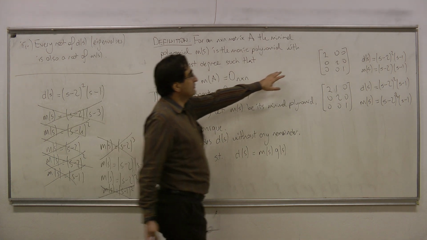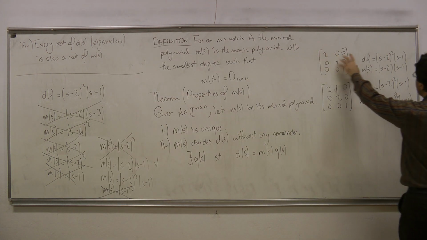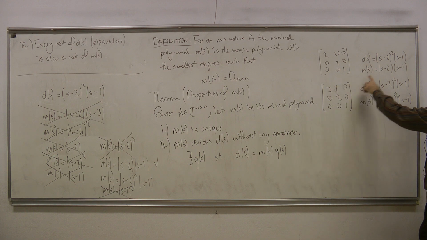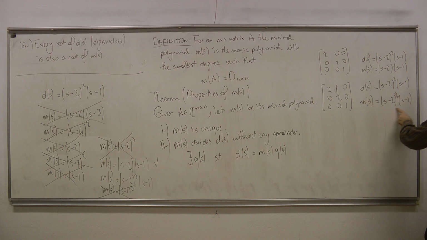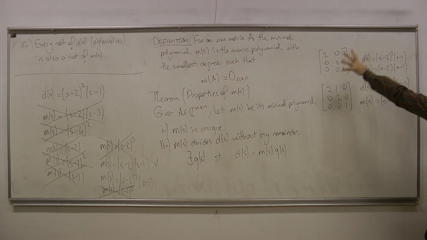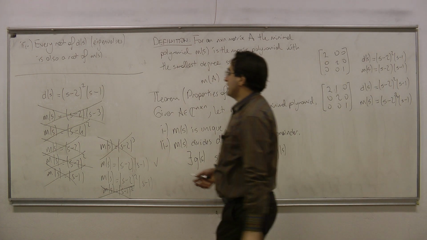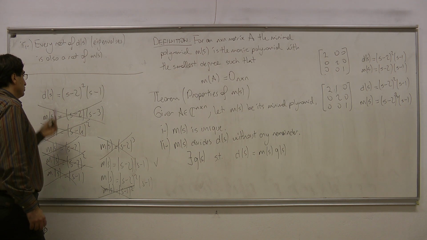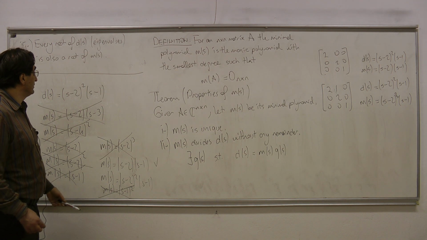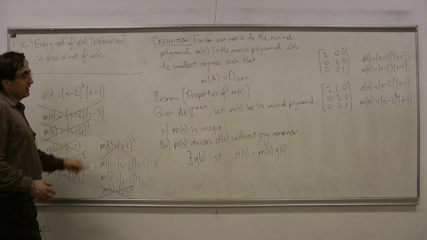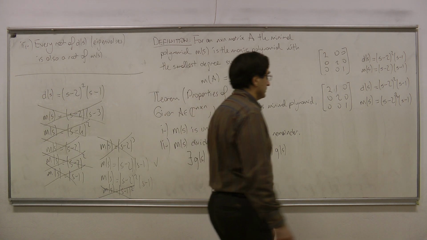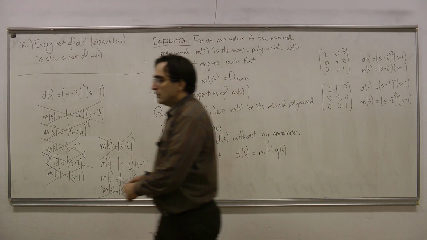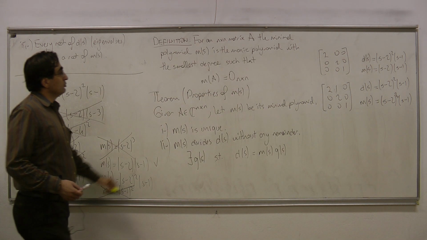Okay? I have seen here that for this matrix, the characteristic polynomial is that one, and the minimal polynomial turns out to be this one. But on the other hand, for this matrix, the characteristic polynomial is this one, and the minimal polynomial is that one. So without looking at the matrix, you cannot decide which one is the actual minimal polynomial. But you can really reduce the number of possibilities when you see such a characteristic polynomial. Okay? So then I can actually give you the following